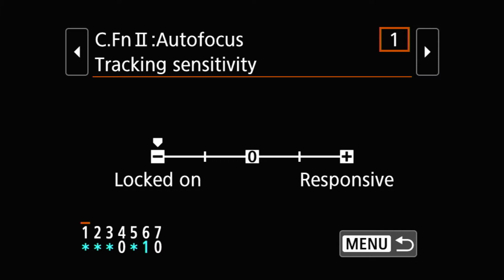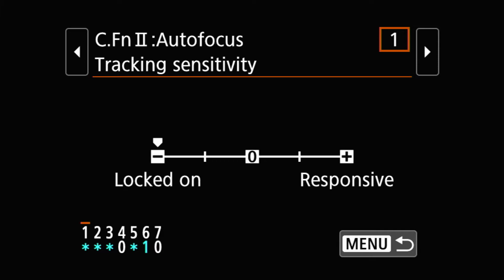So here we are going to talk about autofocus tracking sensitivity as the first one, and this has to do with servo. And when we use servo, we usually use it to track moving objects or objects that most likely are going to move. Okay, with that frame of mind in mind,